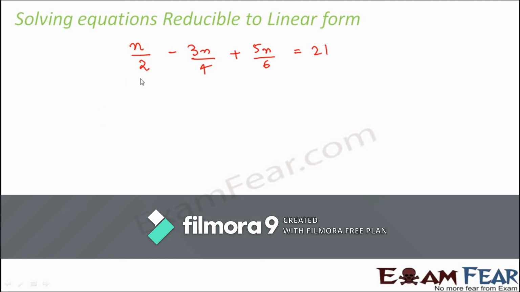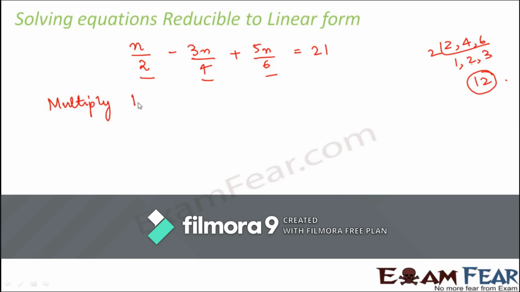So in that case what we do, we have to find out the LCM of the denominators. So here the denominators are 2, 4, 6. So this is how we find out the LCM, and the LCM comes out to be 12. 2 2s are 4, 4 3s are 12. So now multiply both sides by 12. So our next step is multiply both sides